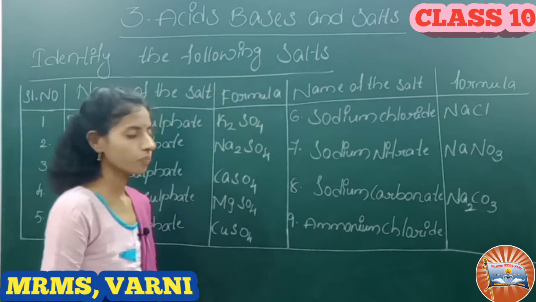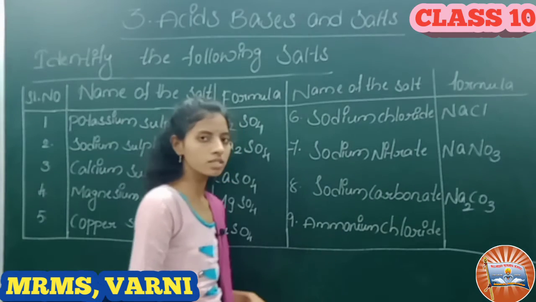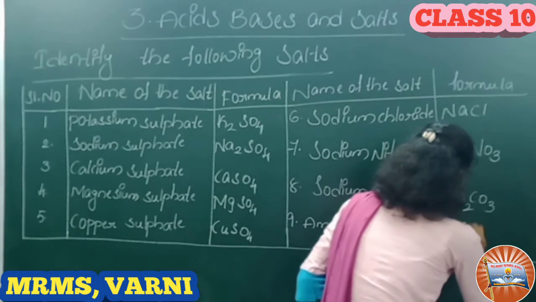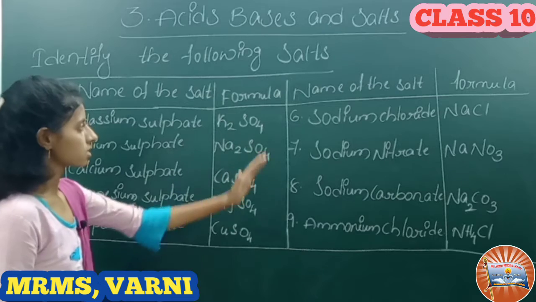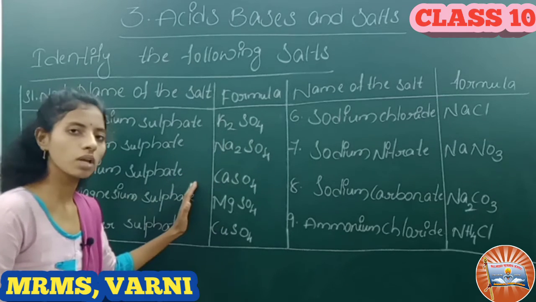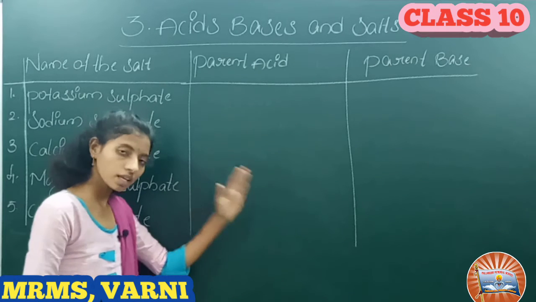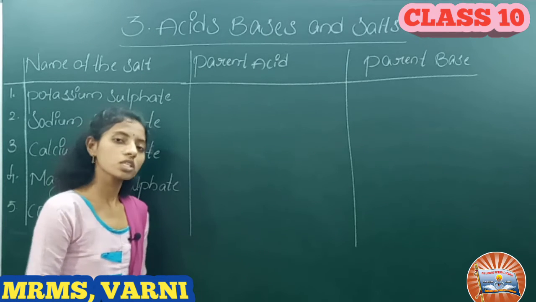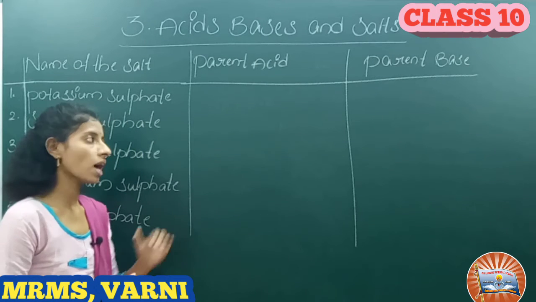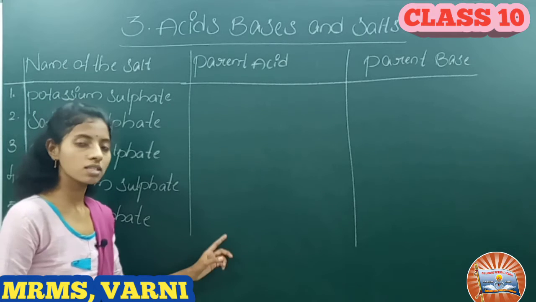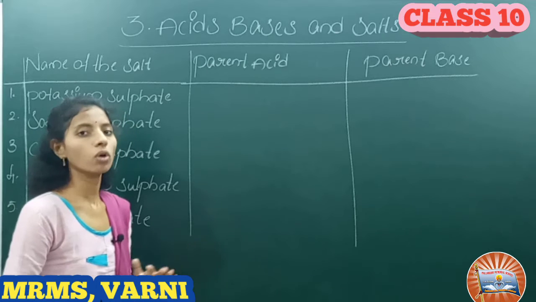And ammonium chloride. Ammonium, the formula of ammonia is NH3 and ammonium is a NH4. So NH4Cl. So these are some of the salts and their formulas. Okay. Before we are finding the salts and their formulas, what is meant by salt actually? We know salts are reaction from acids and bases. When an acid reacts with base, we will get the products are salt and water.